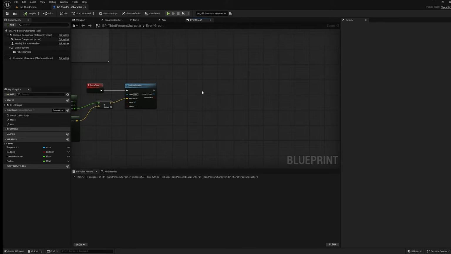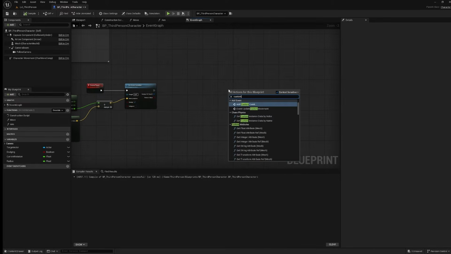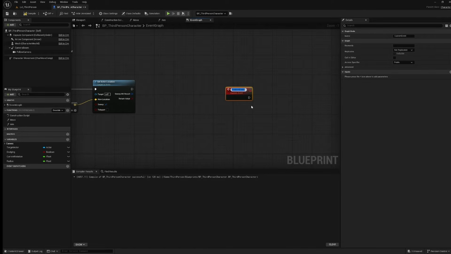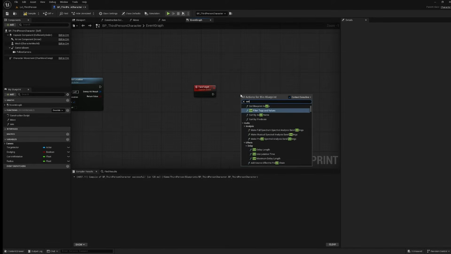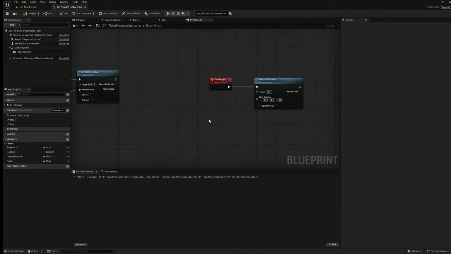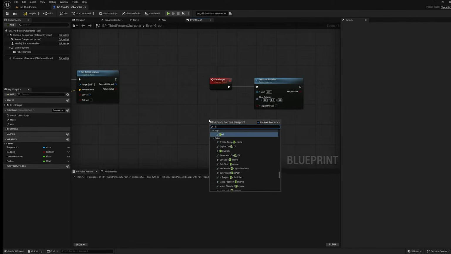And the next event we're going to make is going to be for our rotation. And this is going to be so then our actor can continuously face the target. So we'll just call it face target. And we'll set the actor rotation. And our rotation is going to be the look at rotation. So we can find look at rotation